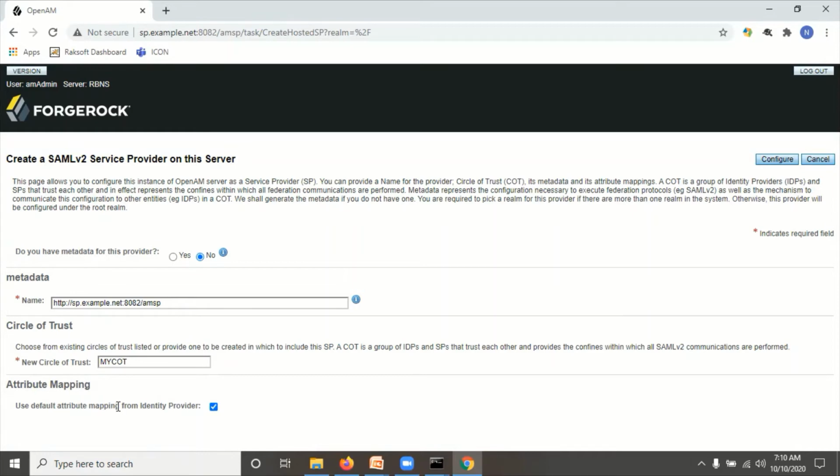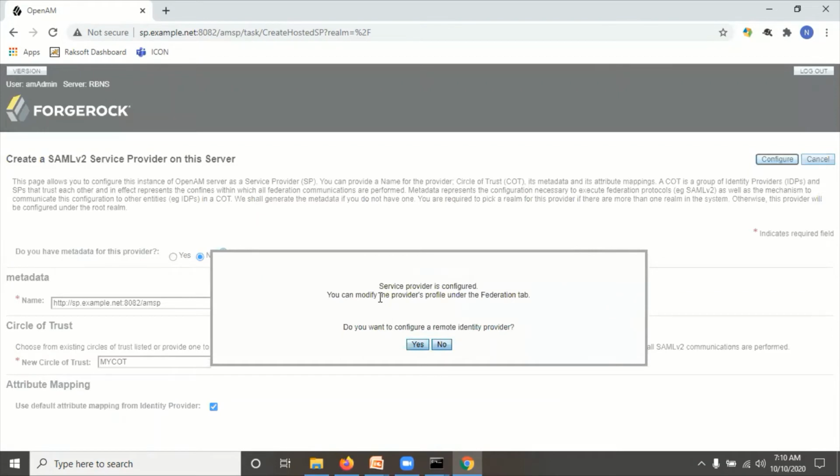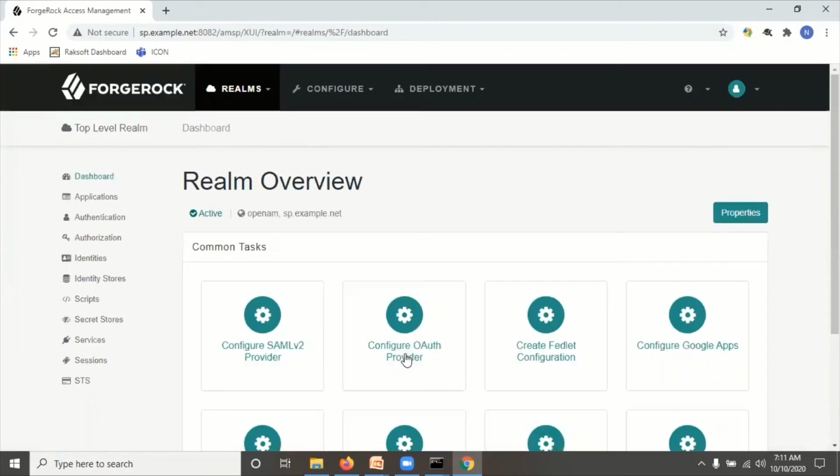Use the default attribute mapping from the identity provider, because we are using OpenAM for both IDP and SP. So click on configure. The service provider is configured. You can modify the provider under the federation tab. Do you want to configure the remote provider? We can click on no and go to the next option.